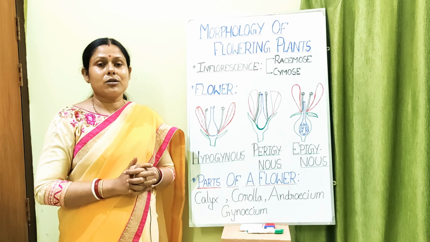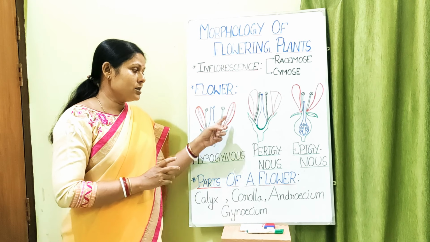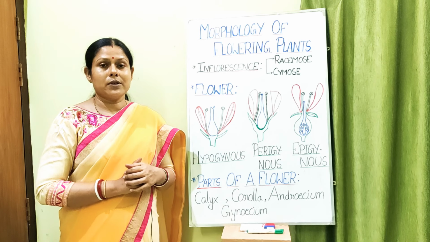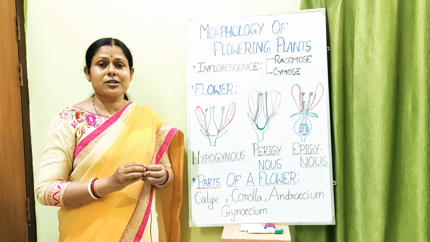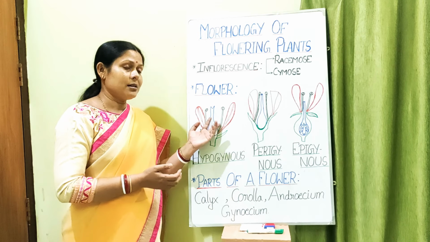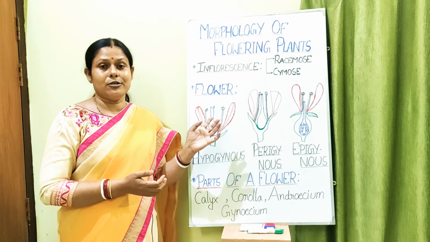And together they are called your corolla. Okay, so this is the second whorl. And see students, the calyx and the corolla are called the non-essential whorls of the flower because they do not take part in the process of sexual reproduction. They don't form the gametes. They just help to protect the two major parts of the flower, that is the androecium and the gynoecium.